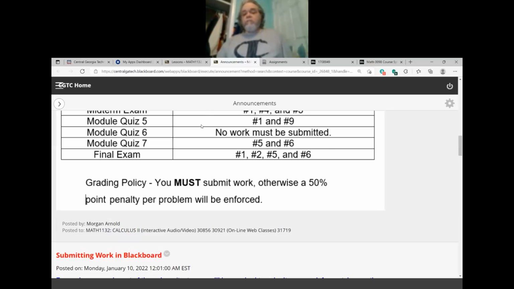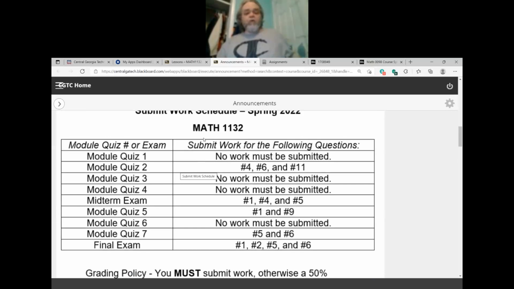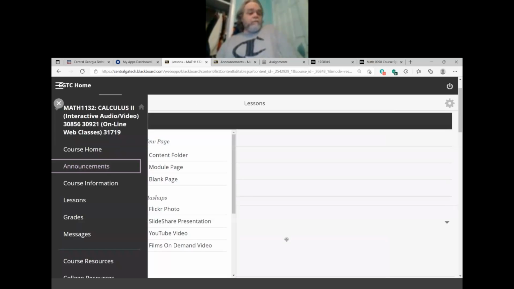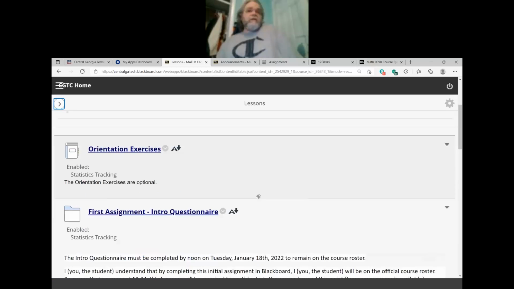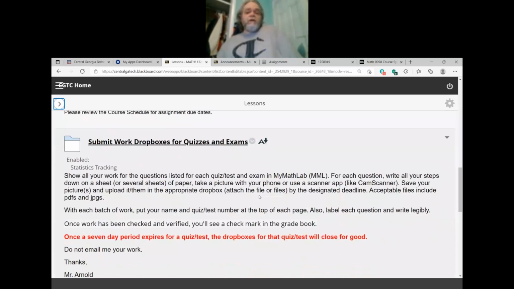Now, let me go back and show you. Let's say you have completed the work for 4, 6, and 11 for the Module 2 quiz. The easiest way, you can either use a scanner app, or you can do it kind of old school. Take a picture of your page or pages of work and just upload them to the Dropbox. Just simple as that. So let's click on our folder,